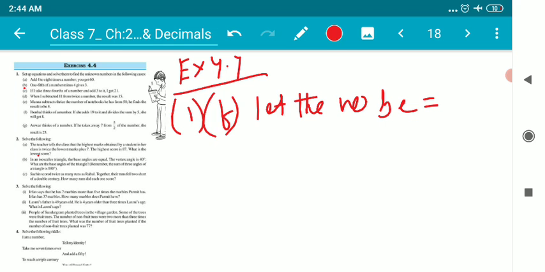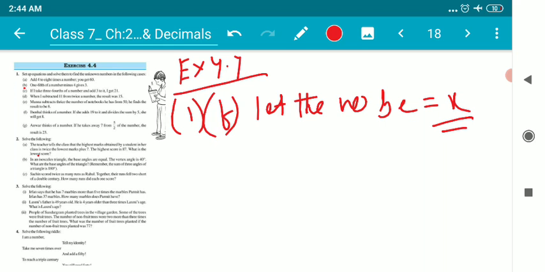be equal to x. Children, as I told earlier also, rather every time I say, reading the question, understanding the question is more important. If you do not understand the question, you can never solve such questions, because from reading the question we need to frame out the equations, and solving the equations we can get the value of the variable. So as Ibn Hal thinking of a number, that number is x.